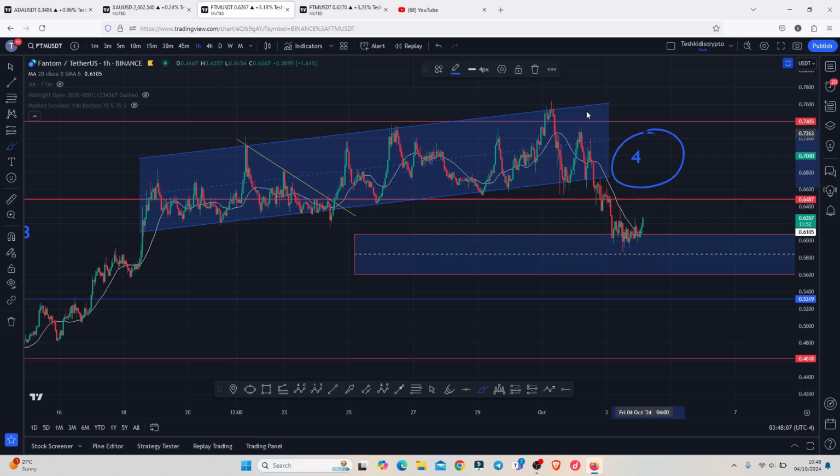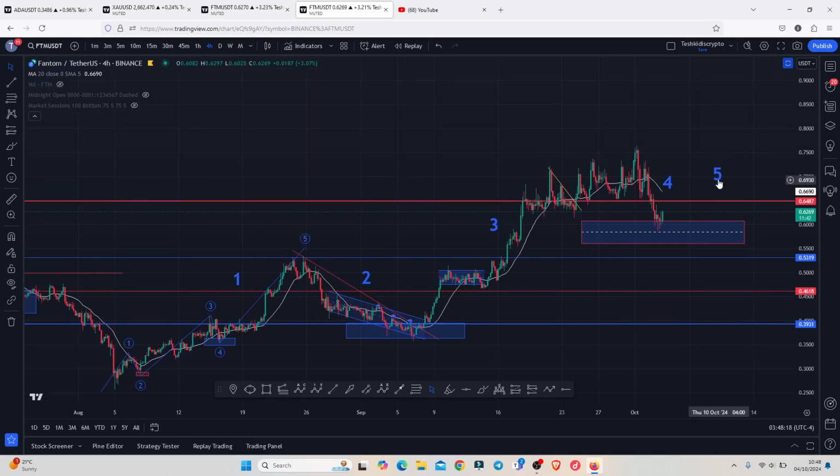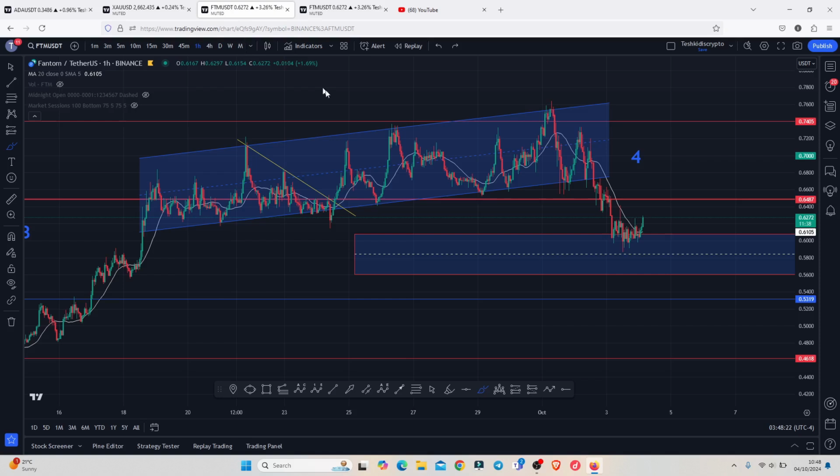count 4. And on today's video, I will be discussing my breakout target areas, where now I'm expecting a massive breakout to the upside in an impulsive Elliot wave count 5. So make sure that you stick around till the end of the video. And starting the video here on the 4-hour chart, on the 1-hour chart, by first giving you a recap of